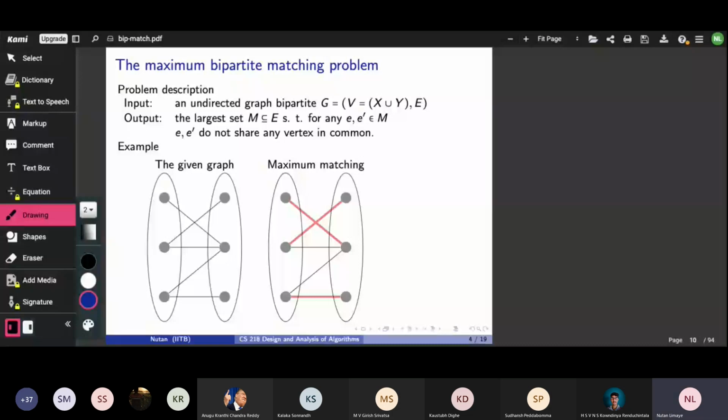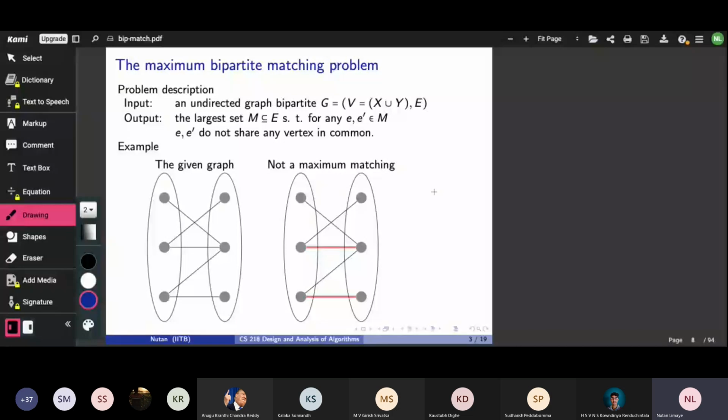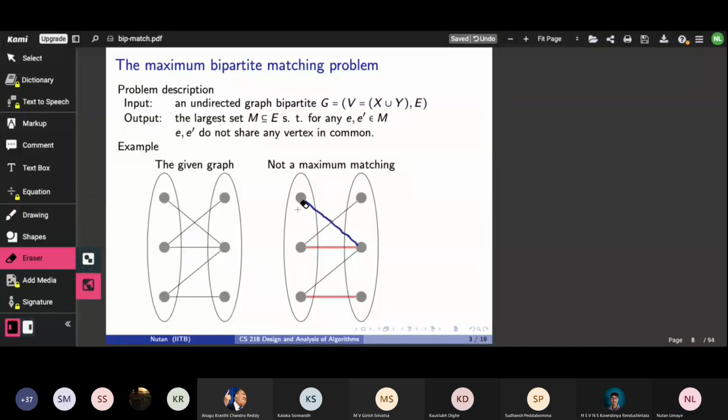In the previous picture, two red edges are drawn in this picture, there is no other edge that I can add to the set so that it continues to be a matching. So for instance, if I take these two edges and now try to add this edge to the matching, it stops being a matching because we get two edges such that they share an endpoint. So a matching is not allowed to have such edges. It must be a collection of edges such that no two of them share an endpoint.